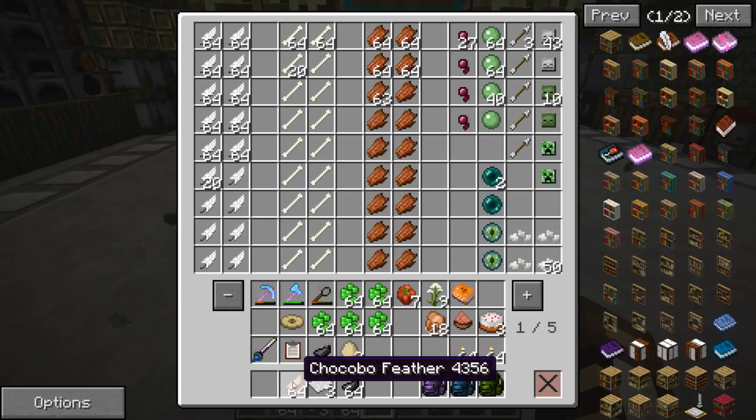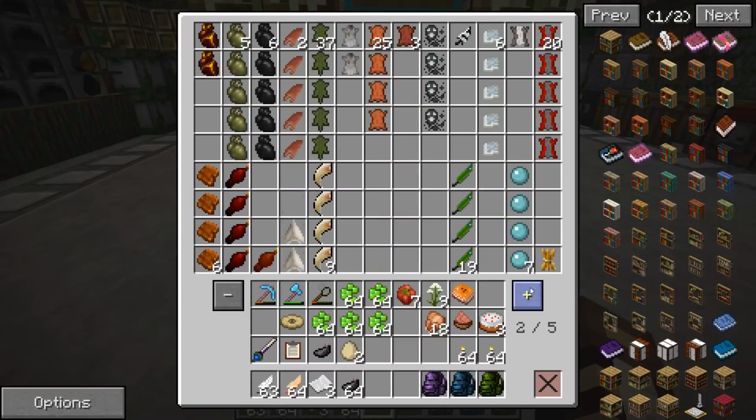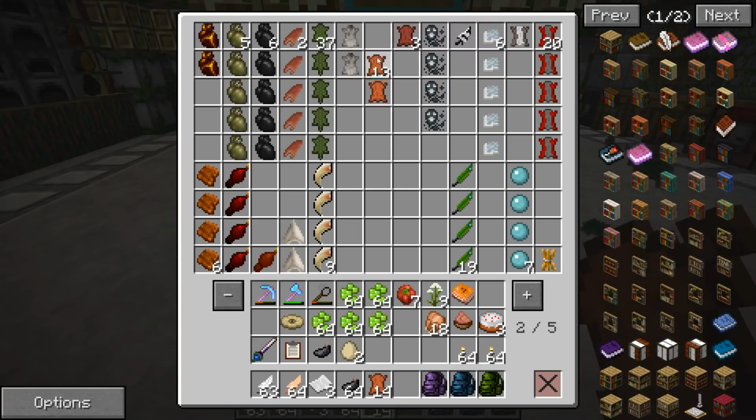There's a lot of feathers right there, Seri. A lot of feathers right there. How do you feel about that? Well, pretty embarrassed, to be honest, guys. Pretty embarrassed, to be honest. But you know what? I'm going to take half this leather and I'm going to take it upstairs to make